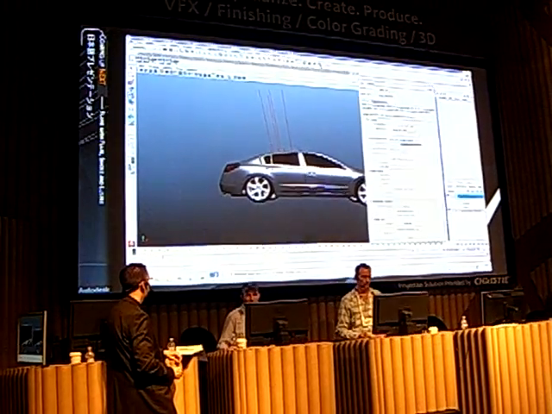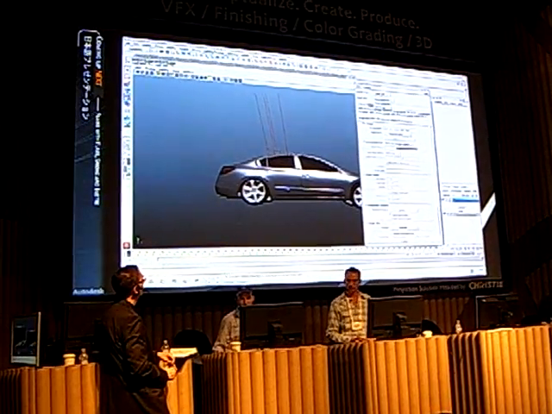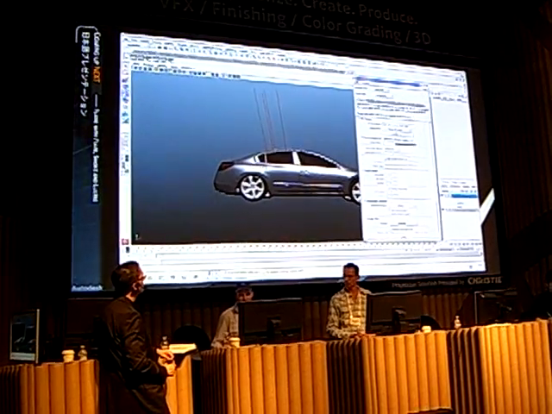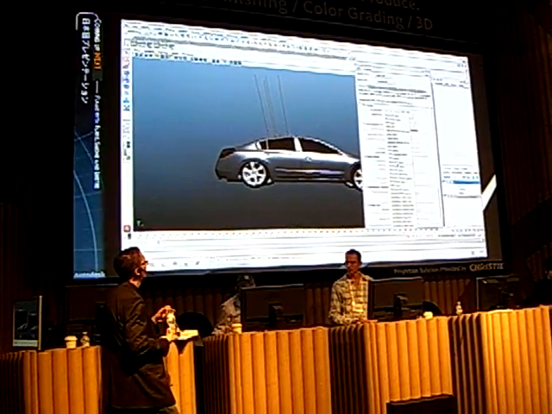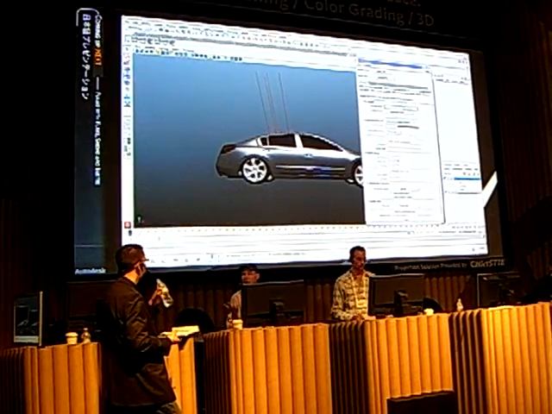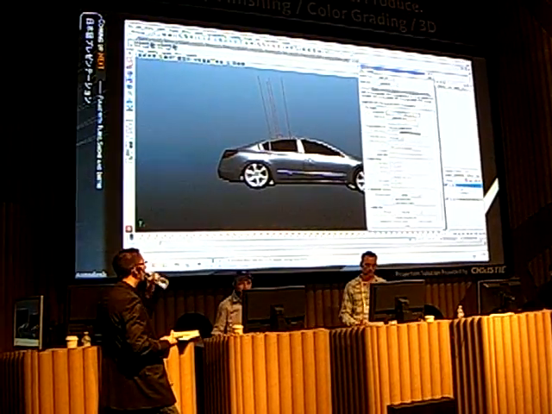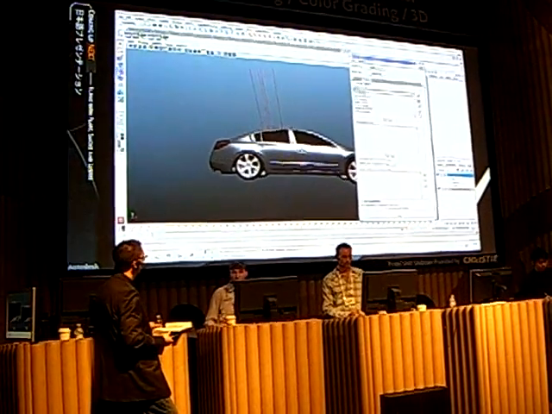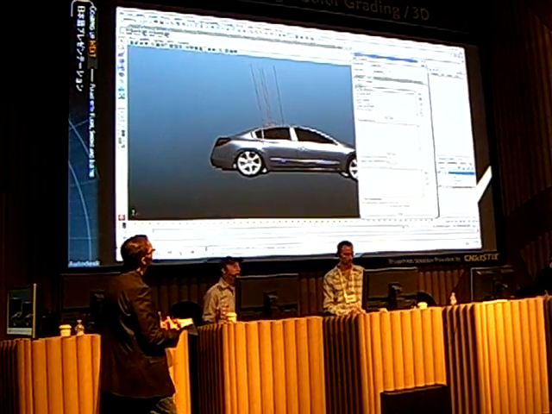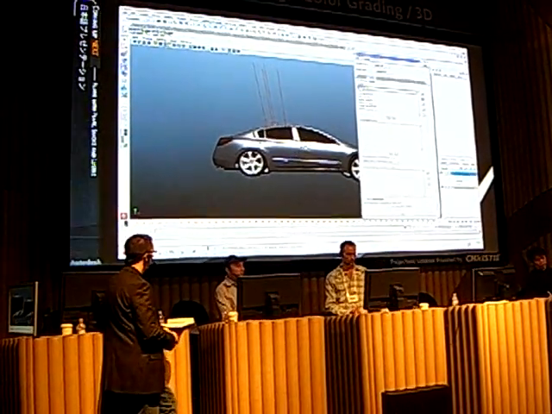If we bring up our pass window, let's go ahead and make sure we render with Mental Ray. You always want to use Mental Ray. We're going to switch this over to OpenEXR. Again, a very important thing. There's no reason to ever render anything except OpenEXR, in my opinion. And if we jump over to our passes here, you can see that I have a list of other passes that I can find out. So not only am I rendering out beauty passes, full color passes, opacity passes, which will be